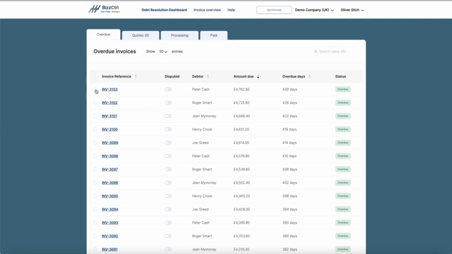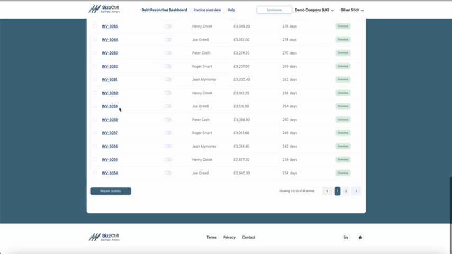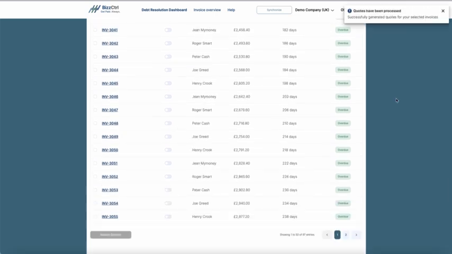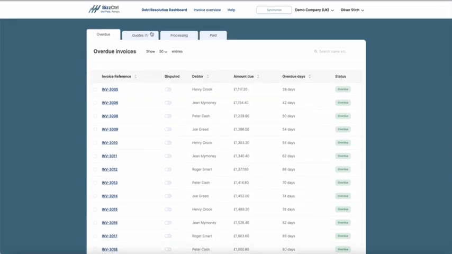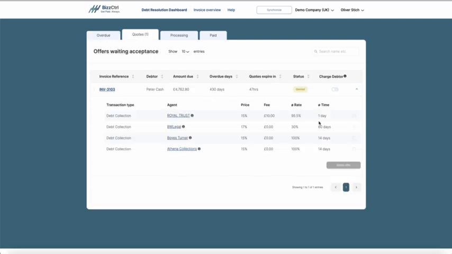As said before, we pick one invoice. We go to the bottom, request the quotes. Always here this window is popping up. The alternative is you look at the quotes tab, which shows a little 1 here, so you know there's a quote waiting for you. The quotes are being kept here for 48 hours, so you don't have to instruct right now and then have to go through the process again. So if you need to clarify something, want to think about something, you have 2 days time to conclude the process. So we're now in the quote